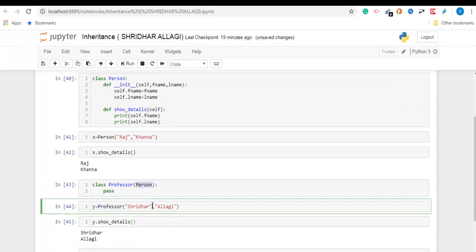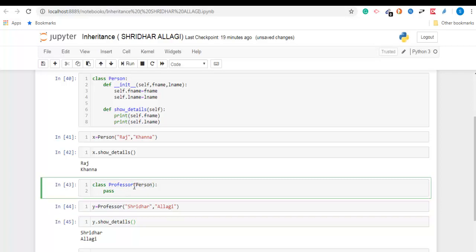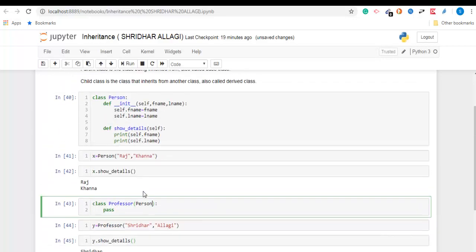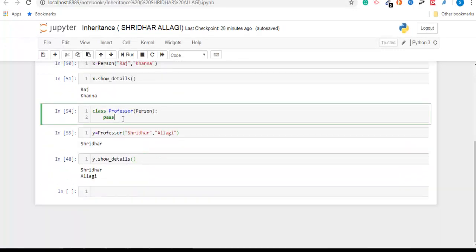You can observe here in the class professor I have not defined the init function and also have not defined the show details function. It is inheriting from the class person. Now this show details, it is inheriting from the class person. Now I want to add the initialization function in the child class, right? I will just define this,